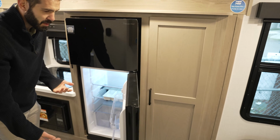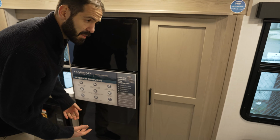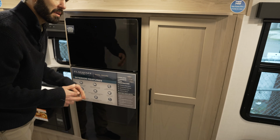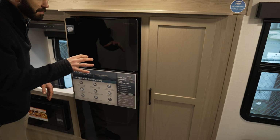Again, powered by that 200-watt solar panel up top. You're going to be able to run this fridge for quite a long time, especially when you're hitting 100% capacity, which, you know, how often do you hit 100%? A little bit, hit or miss. We have run